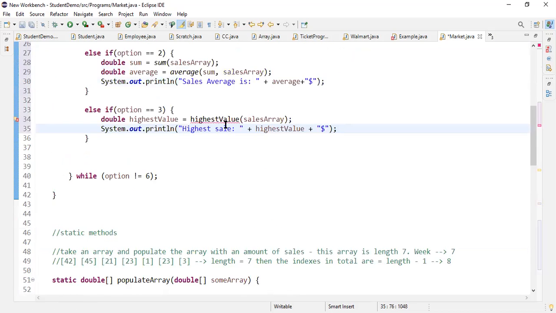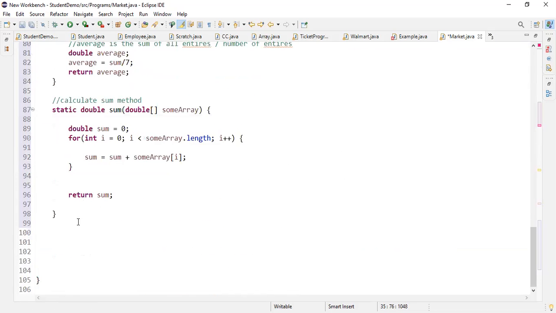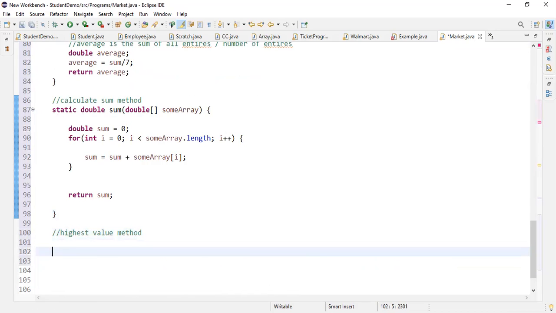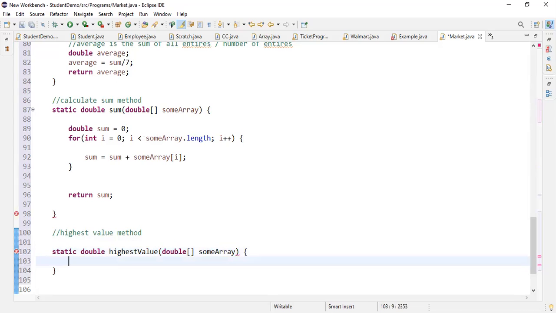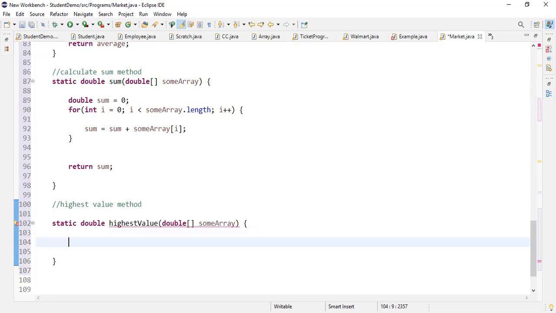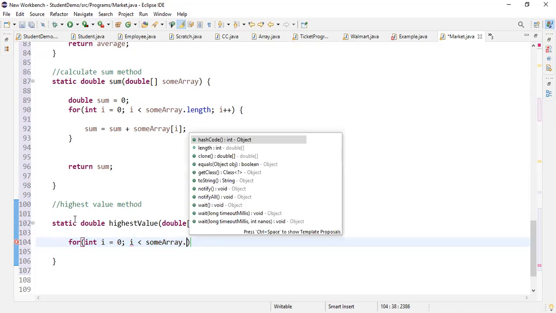So we actually have to make a highest value method, which takes in the sales array and spits back the highest value. This is going to be static. It's going to spit back a double. It's going to be the highest value of all entries. It's going to be called highest value. It's going to take in an array, which in this case would be sales array. And we're going to traverse through the entire array to actually get